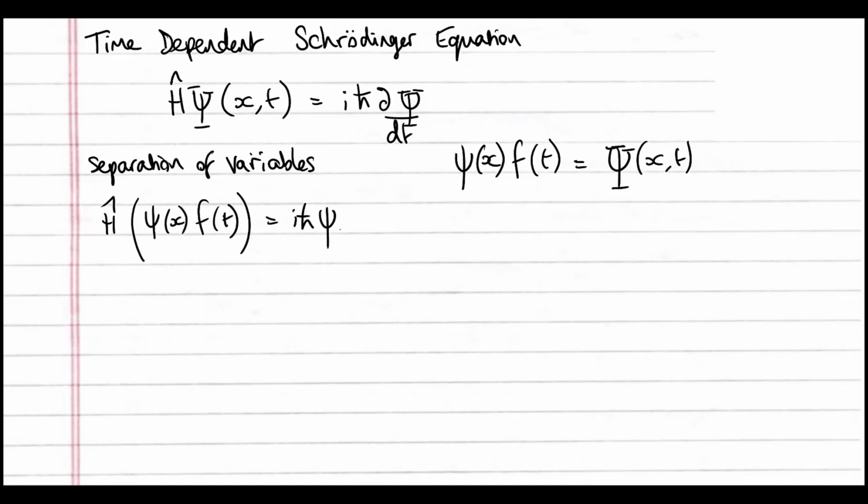Because we can separate these two, we recognize that this little psi is not a function of time. We can bring it outside of the derivative. And then of course, we divide by psi, and we end up with,